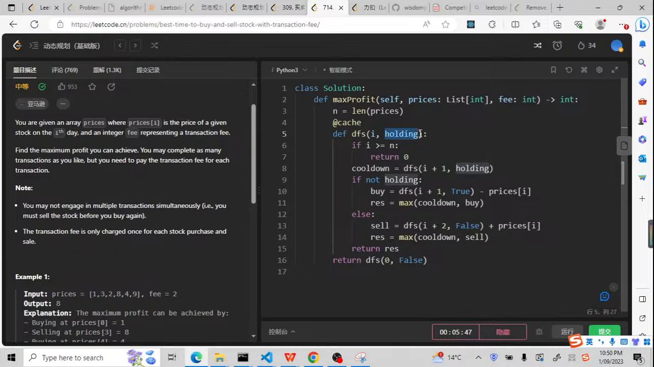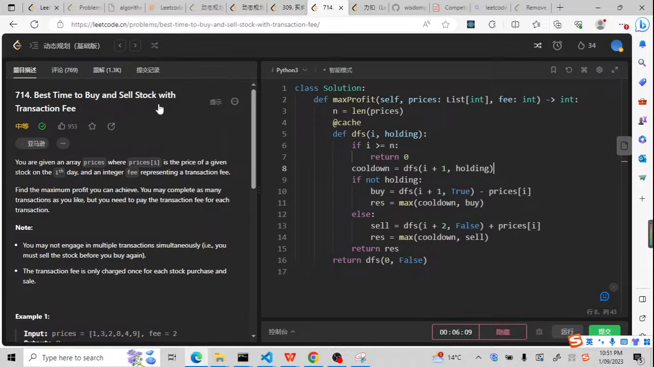If I am in the holding state, it means I'm holding a stock. I've already bought it. So I have a cooldown with the holding. If holding is true, I'm going to sell it. If holding is not true, it means not holding, so I'm going to buy it. But no matter which way, I will always have a cooldown. So this cooldown will be compared with buy and sell. So this is basically the Leetcode